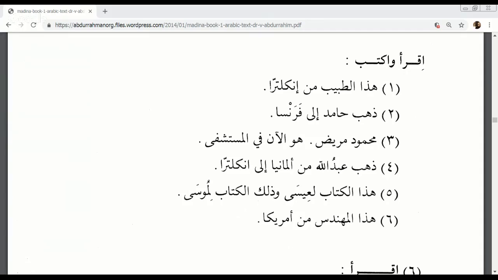Okay, number 2. أين سيارة المدرس? Where is the teacher's car? هي أمام المدرسة. It is in front of the school. Okay, and then we have أين بيت الإمام? Where is the Imam's house? بيت الإمام خلف المسجد. The Imam's house is behind the masjid. And number 4, أين جلس حامد? جلس خلف محمود. So where did Hamid sit? He sat behind Mahmud. And number 5, ذهب عمار إلى المسجد وجلس أمام